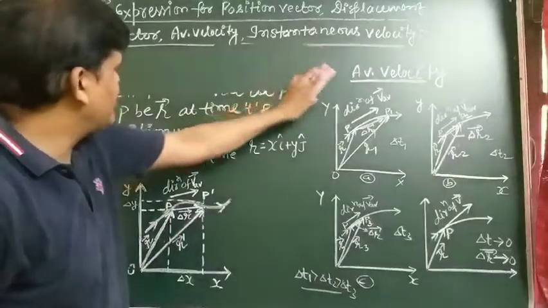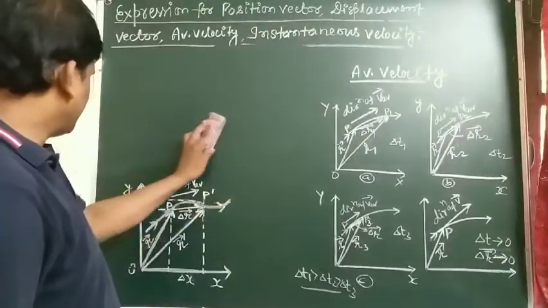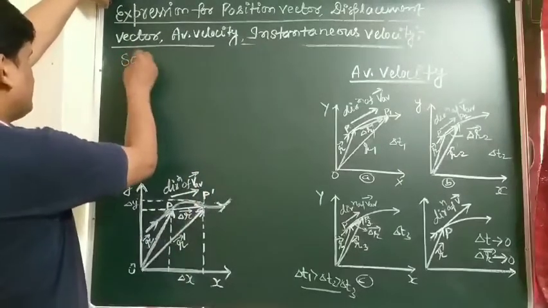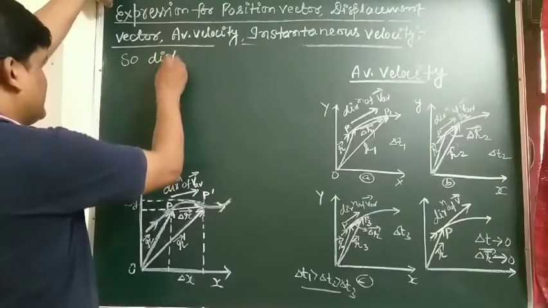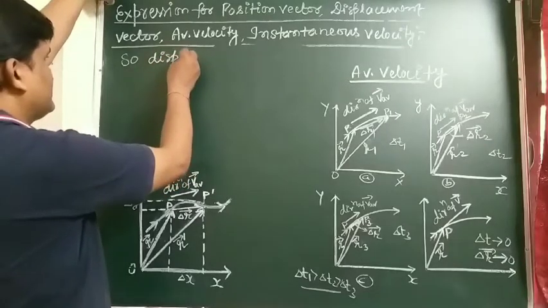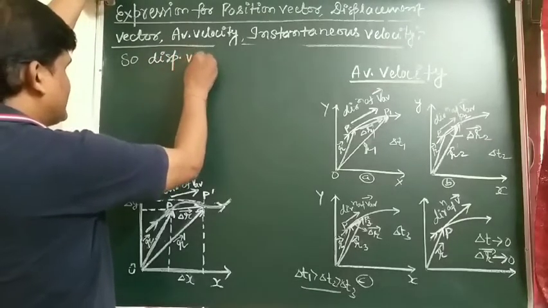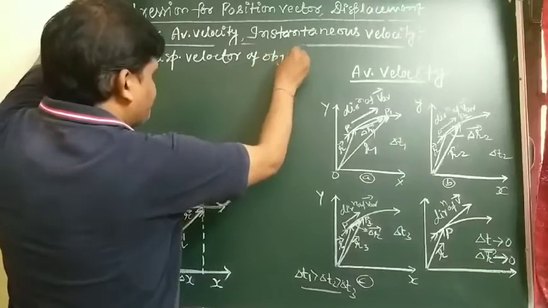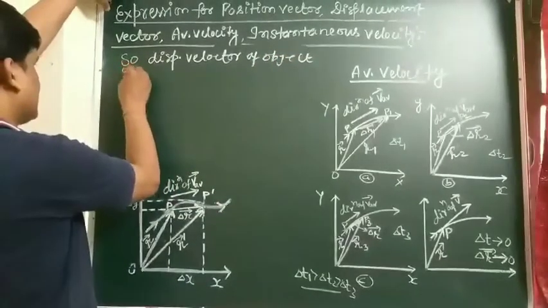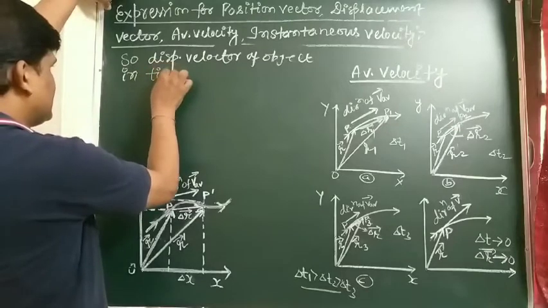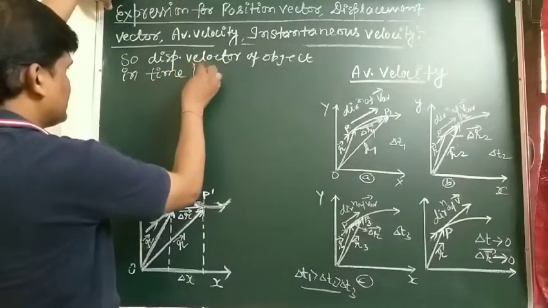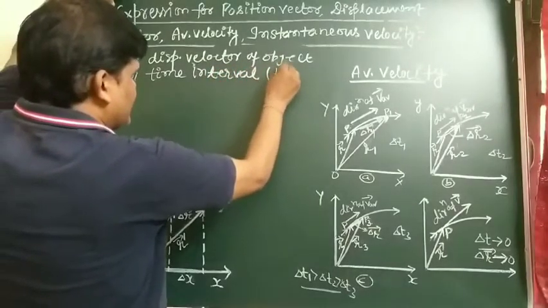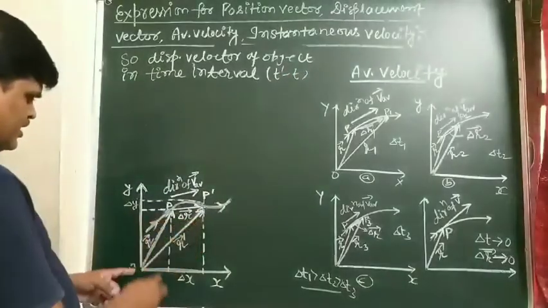So the displacement vector of the object in the time interval t dash minus t, using the triangle law,